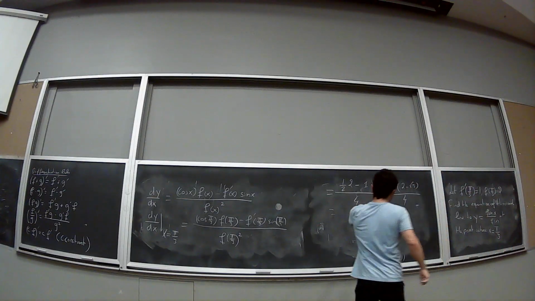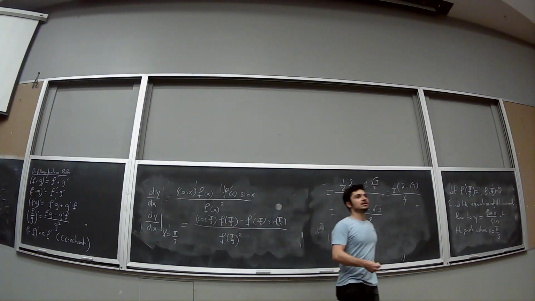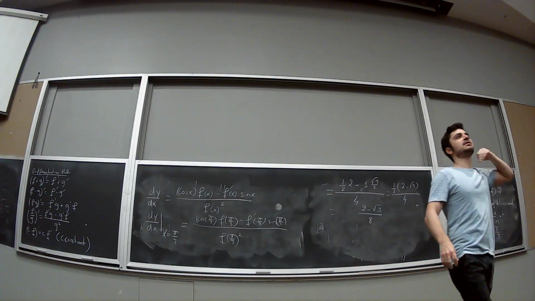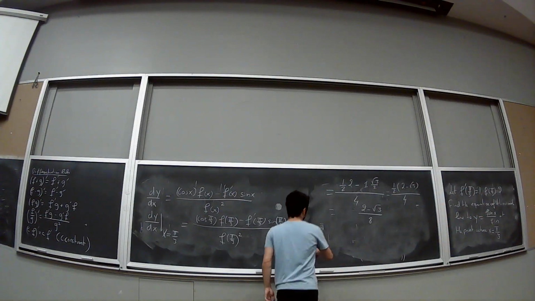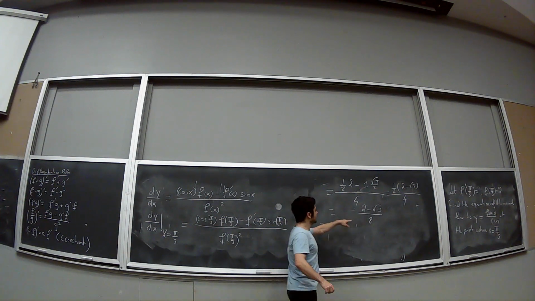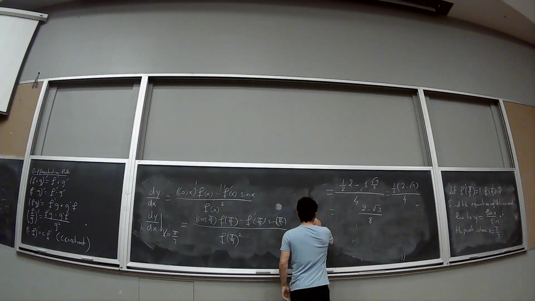First of all, is this number 0? No. So is the tangent line horizontal in that case? No. So what is the slope of the normal line? It is minus 1 over this, right? It's 8 over 2 minus root 3, with a minus sign. So the normal line